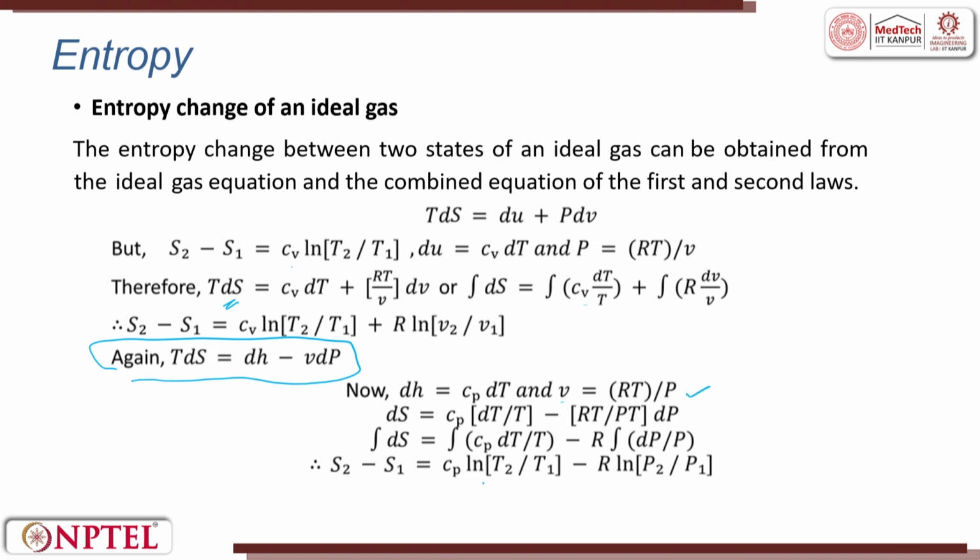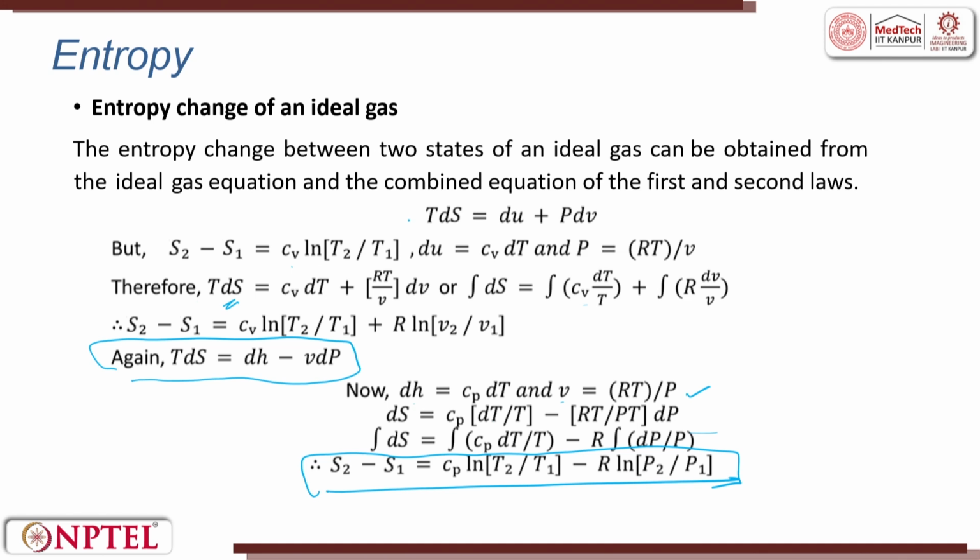So, then you go back and substitute it back into the equation. So, you get TDS. So, this is H. So, you get this. Then TDS, you try to bring the T on both sides, and then you try to integrate it. So, we try to have Cp dV dt minus R times this, and finally, S2 minus S1, which is represented in this form, Cp natural logarithm of this.